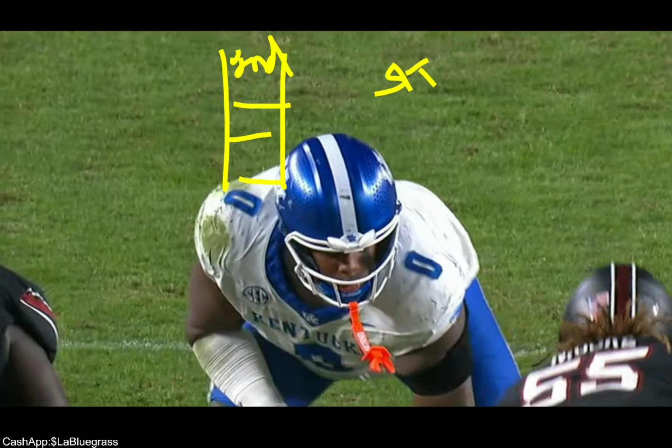Here's what I was saying. It is interesting that when things are going bad for the program, people come out of the woodwork on my timeline. Guys that I haven't heard from in years all of a sudden have something to say now that we're 6-5. Interesting. To me, that says a lot about you. Because I'm consistent. And I'm consistent in my support of the program, regardless of what's going on. But when things are good, you don't say anything. But now, when things hit the fan, now you come on and oh, blah, blah. Bullshit, man.